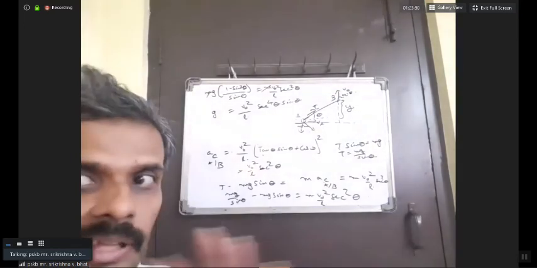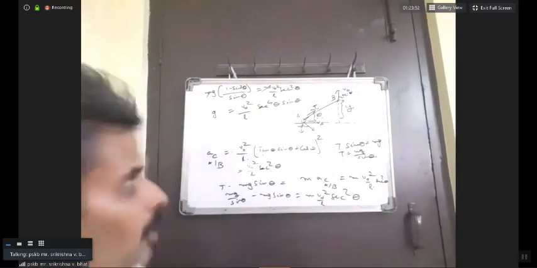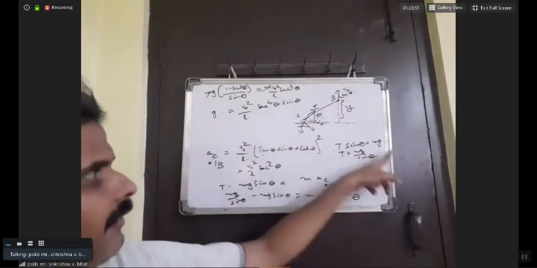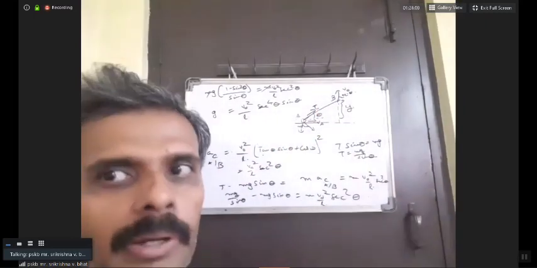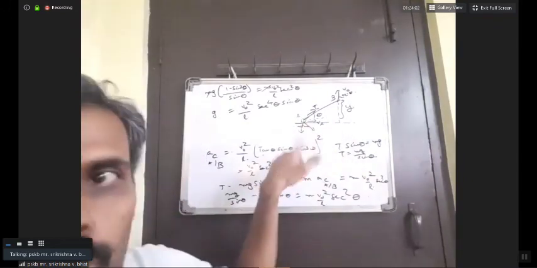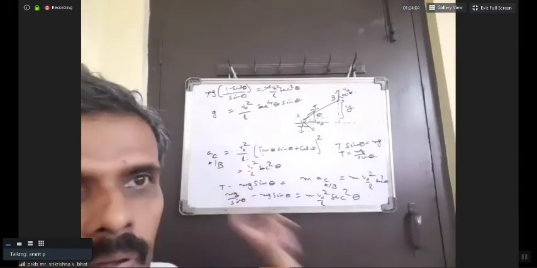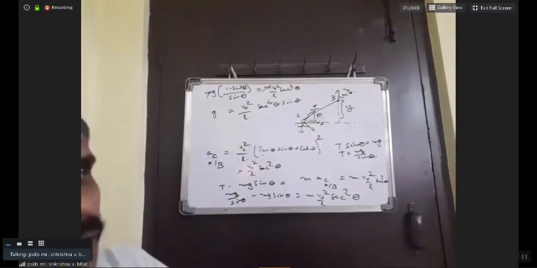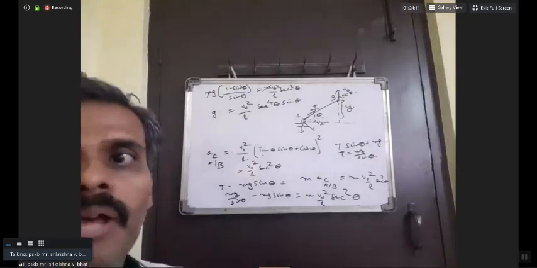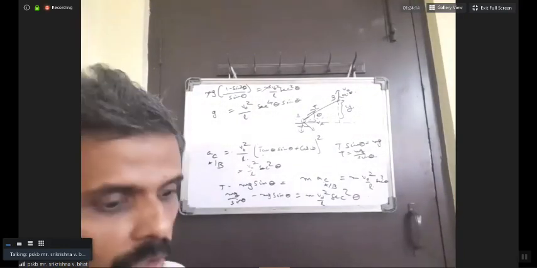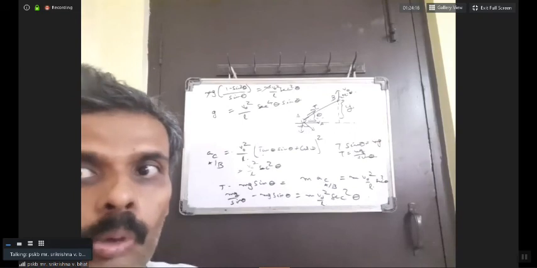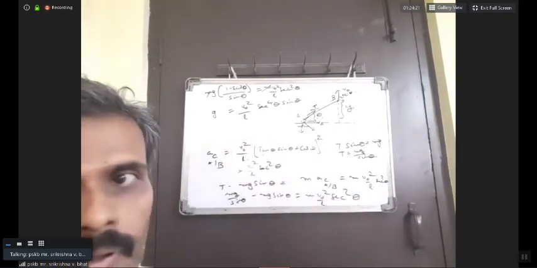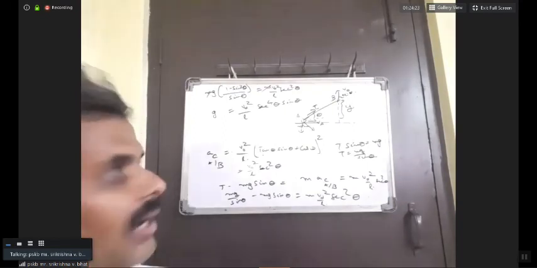Okay, so understand. See, suddenly I changed the reference. I was actually working with the B reference. I wrote these equations with B reference. Then this equation was written keeping ground reference. In ground reference, A has no acceleration, but B has. In the vertical direction, there is no acceleration for A. B has no acceleration in any direction, but A has no acceleration, because this is all taken at the instant when it is about to lose contact, at theta equal to 60. Right? At the instant theta equal to 60.